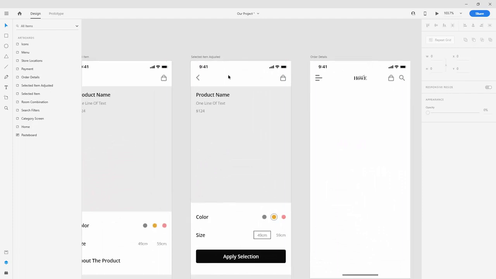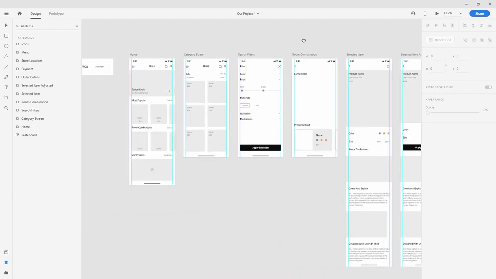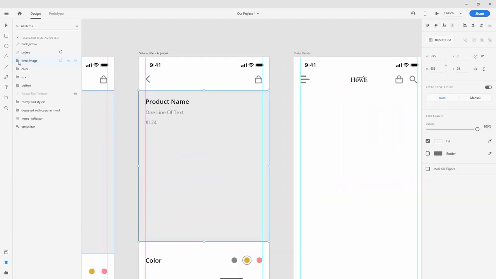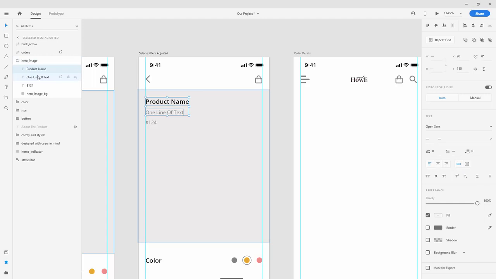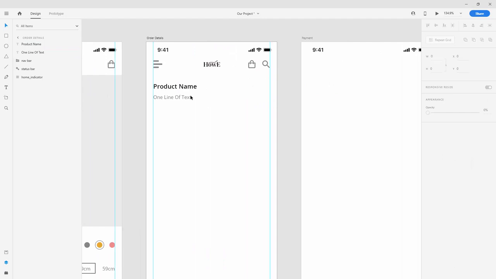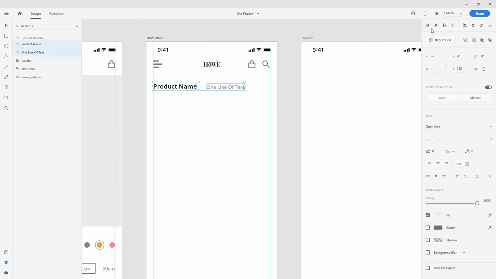Next up, what we want is some text, and let me quickly find the text that I want, or maybe we can just select this one. So product name and one line of text, Control C, paste it right here. And what we want to do is position this like so. And right here, we are going to write in total. And for here, we're going to write in order details like so. And I'm going to position total right here, order details as it is, and place them 1, 2, 3, 40